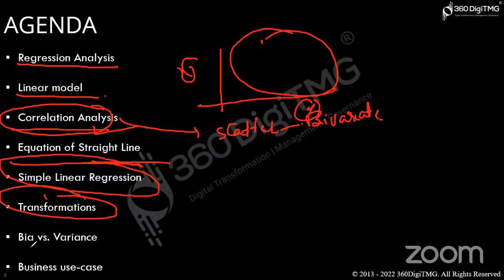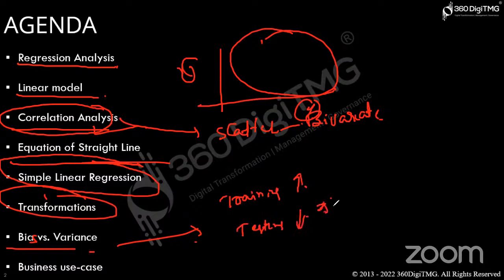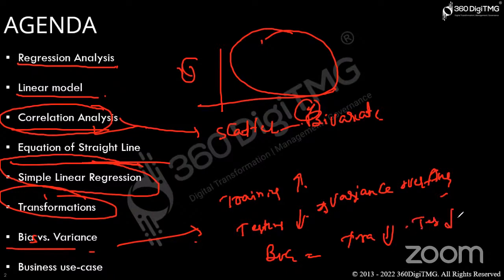And then we will discuss bias and variance. What is bias and what is variance? Normally, when you have high training accuracy and low testing accuracy, we'll be calling it variance, also called overfitting. And when it comes to bias, when your training accuracy itself is low and testing accuracy is also low, we'll be calling it bias, or you can also call it underfitting.